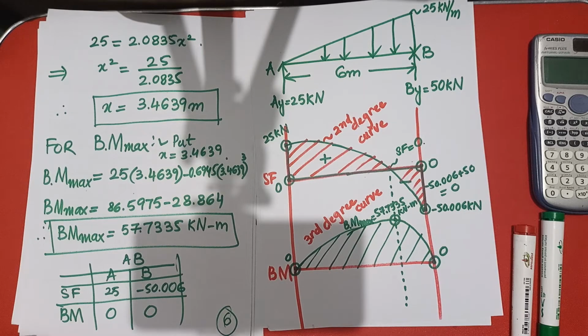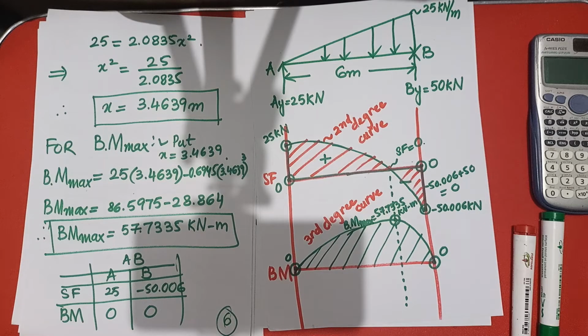Your shear force line should be a straight line and the bending moment graph should be an inclined line. And if you are going to draw shear force and bending moment diagrams for a beam which is having a uniformly distributed load, UDL, the shear force diagram should be an inclined line and the bending moment should be a parabolic curve. And when it comes to a beam which is having triangular loading, the shear force diagram should